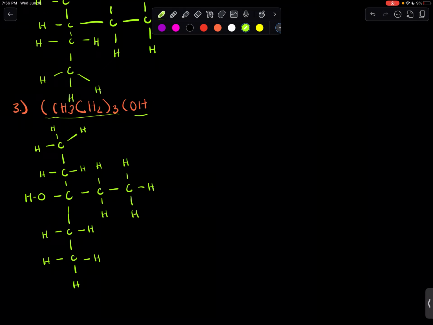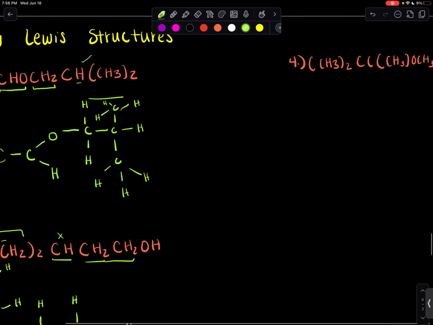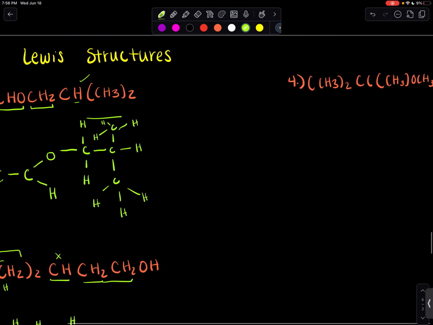See, this is how I would prefer to do it. It could be another way of doing it, but for me in my head, it just makes it easier to work with what I have and then build it up. So then we have that one done. So let's go ahead and do the last problem. So we have CH3, we have two of those. And then we have